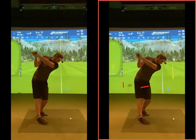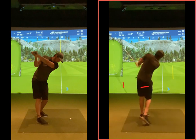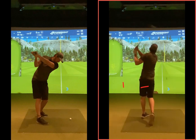There is more on plane, and at least now we're more than we want to get to, because the club starts coming back. It's less over the top. The shaft now is not as quite out of the line, and at least we can get that ball starting a bit more towards target. Practice that tree chopping